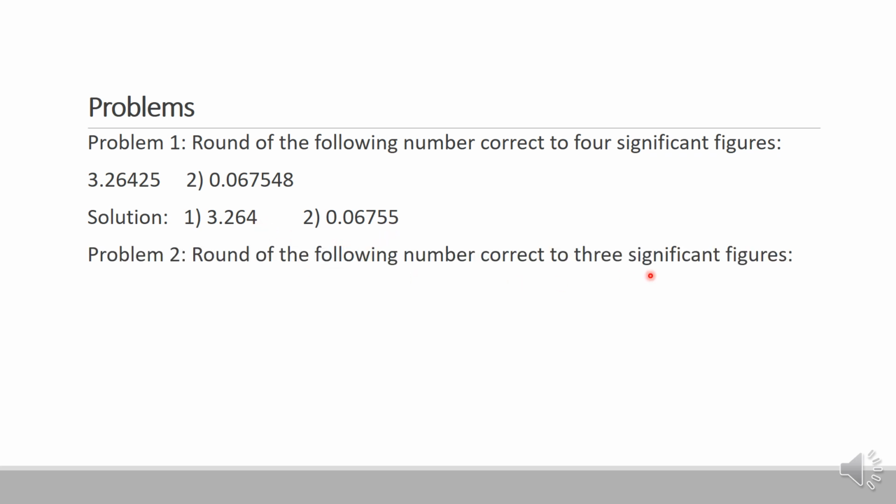Round off to correct to 3 significant figures. We can just observe what is going on here. For example, if you consider the second one, 67845, 3 significant figures will be 6, 7, 8. So you can just see 45, which is less than half. So that means you have to retain this number 8 as it is and put 0, 0.